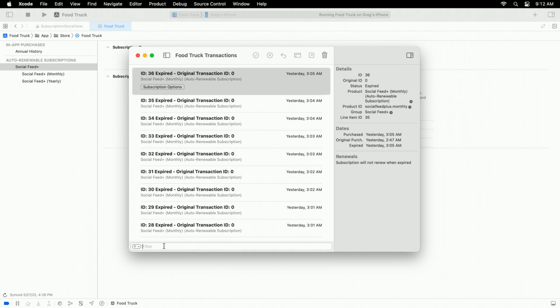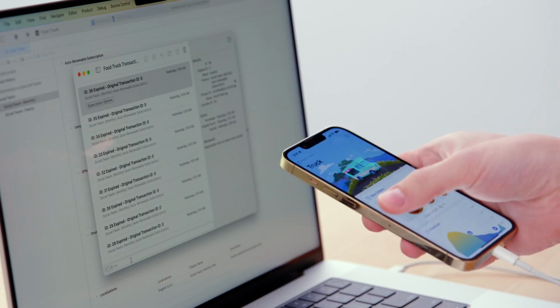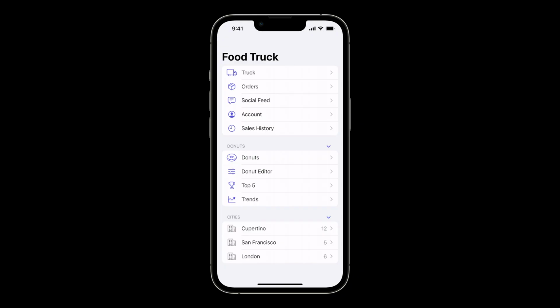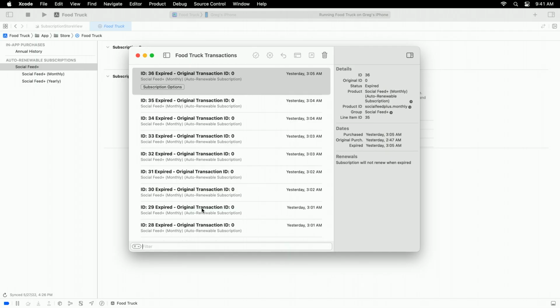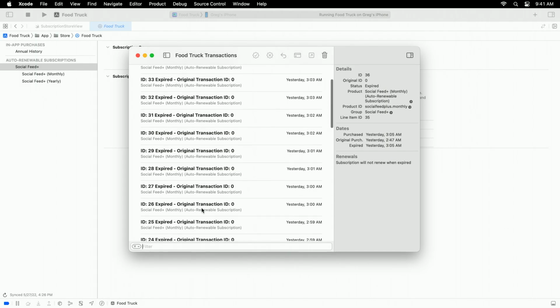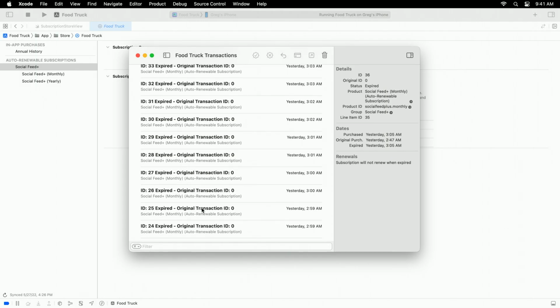We can also filter our transactions now, which is really useful for navigating the list of transactions with all of these Social Feed Plus renewals. In our app, you'll notice we have access to the Annual Sales History feature. We have all of these subscription renewals, which makes it difficult to tell which transaction entitled us to the feature.